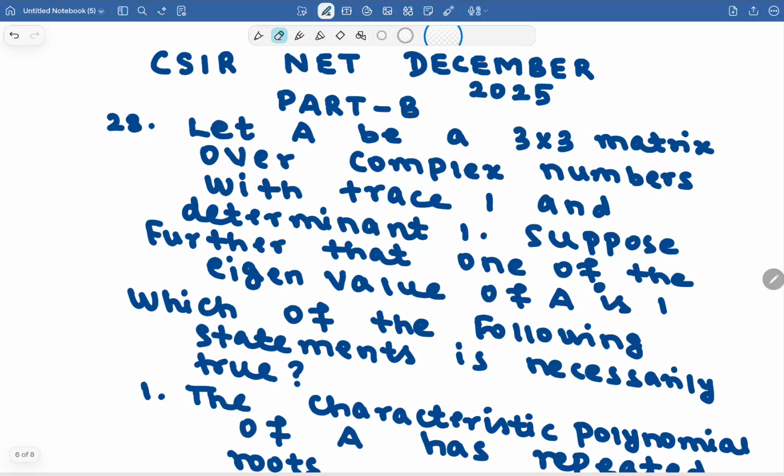Today I am going to discuss another problem from the CSIR NET Mathematical Science question paper from December 2025. The problem is from Part B, from linear algebra. Problem number is 28. The problem is given as: let A be a 3 cross 3 matrix